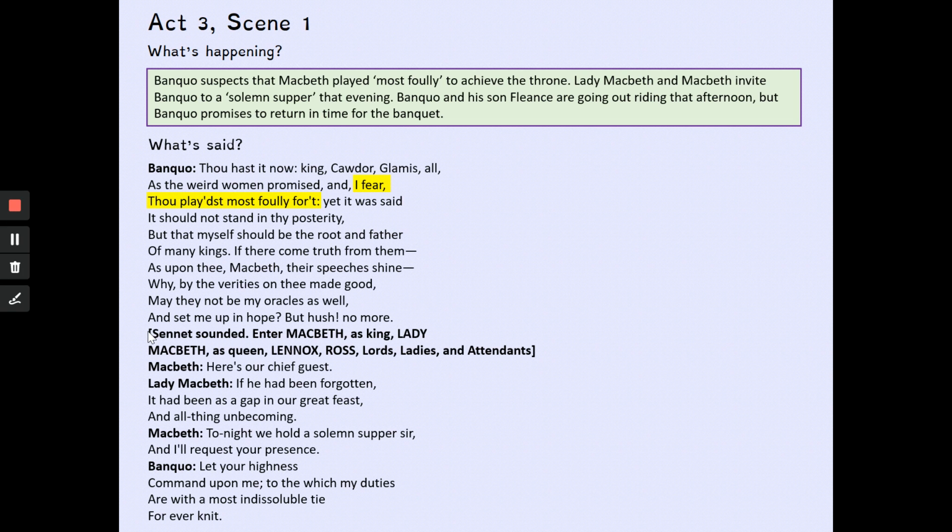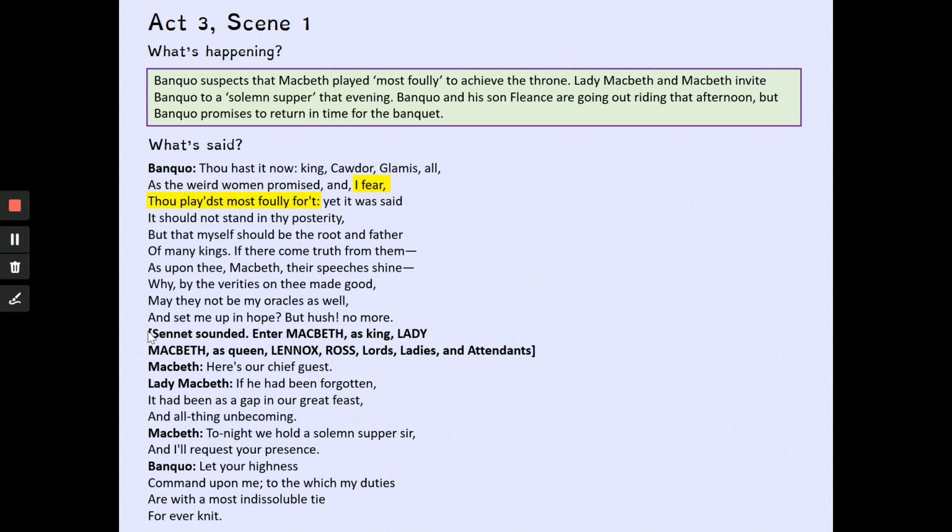So, one of those oft-quoted sections of the play, definitely one to get down on your key quote sheet. Banquo saying, "I fear thou playedst most foully for it." So he's saying, I know that the game you played and the action you carried out to kill Duncan was foul. It was a terrible thing. And the word played has connotations of almost Macbeth thinking that this is a game, and a game that he's going to win and kind of get away with